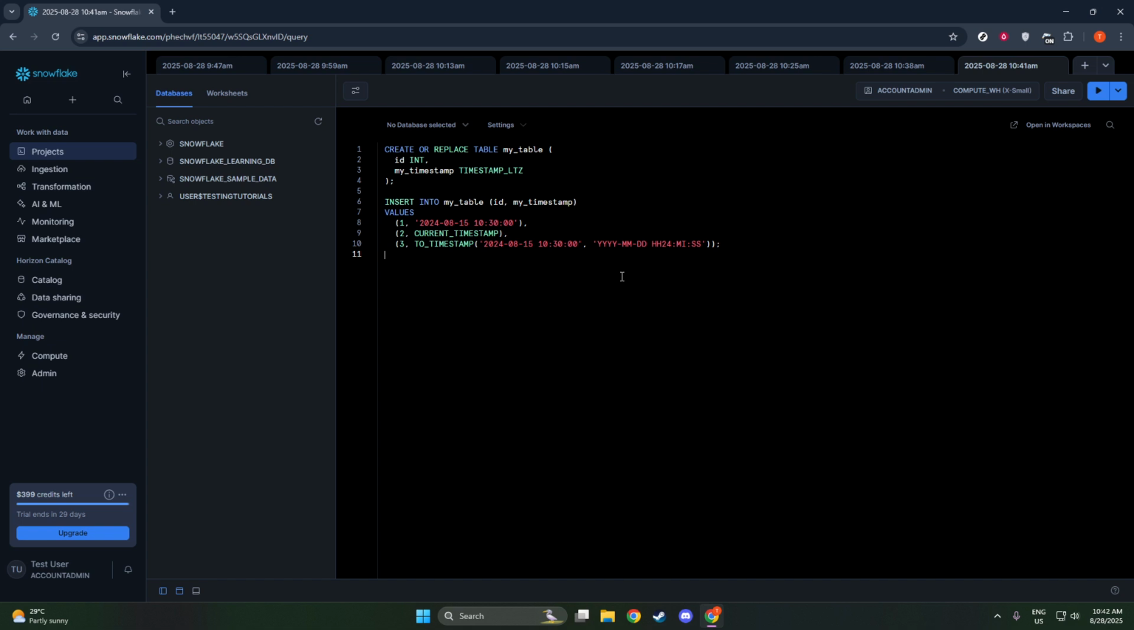Next, let's consider a scenario where you want to insert the current timestamp at the time of insertion. You can achieve this by utilizing the current timestamp function. The following command demonstrates this. Insert into my_table (ID, my_timestamp) values (2, CURRENT_TIMESTAMP). This command dynamically captures the exact current timestamp at the moment the command is executed, making it perfect for logging